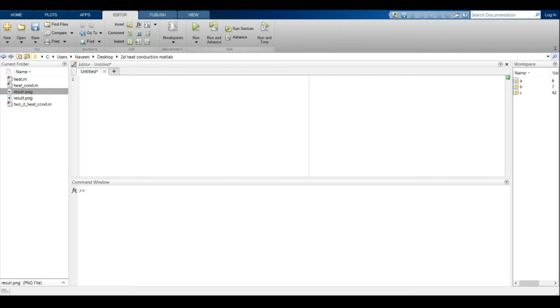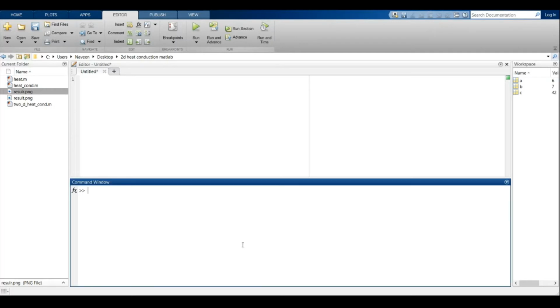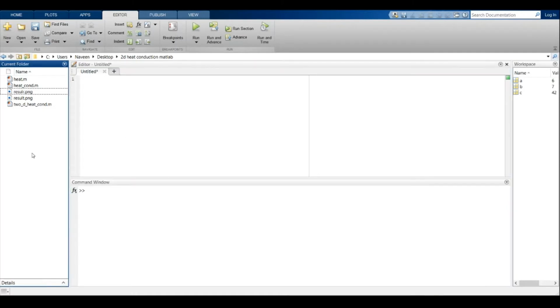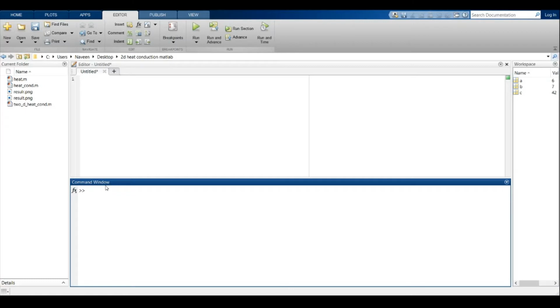So what are the windows in MATLAB? You can see here it is editor, here it is command window and current folder and workspace. What are the use of these windows? Let us try to know why these windows are appearing in this MATLAB platform.